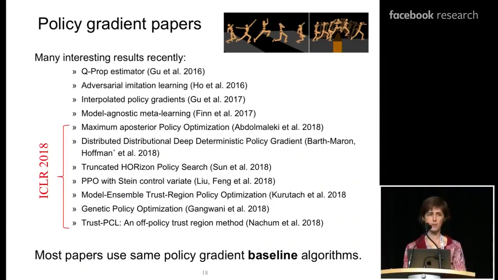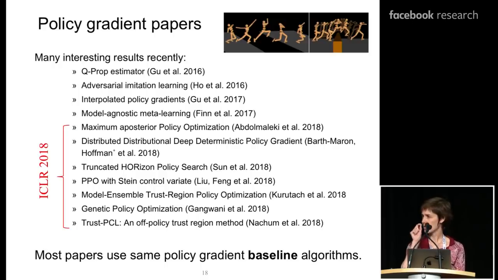The reason we focus on this is because there have been many policy gradient papers over the last few years. The top 4 or so were papers that are probably some of the most cited of the last couple of years. And below that, I quickly scanned through the ICLR 2018 proceedings and literally just pulled out papers that had been accepted this year and that had the word policy in their title. I apologize if I missed your policy gradient paper because you had a more original title. There may be more than this, but just from a quick scan, I pulled out 7 papers. I'm not going to talk about these papers. The authors who are here today are much better placed to do that. Read their papers, visit their posters.